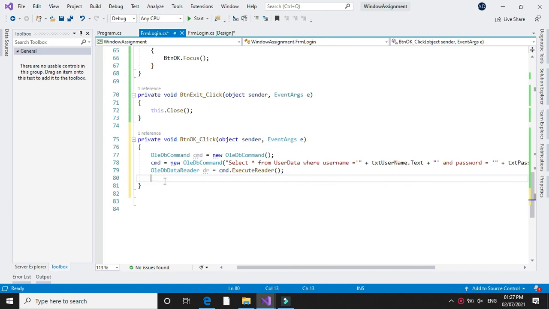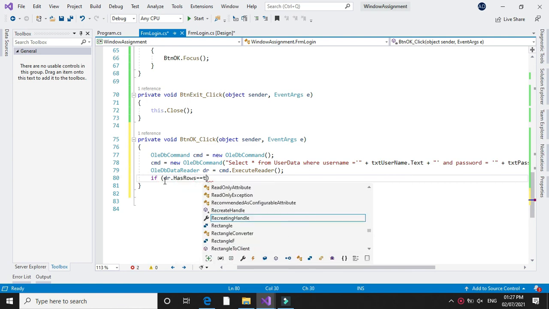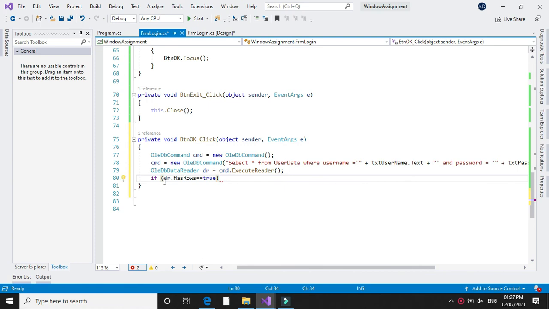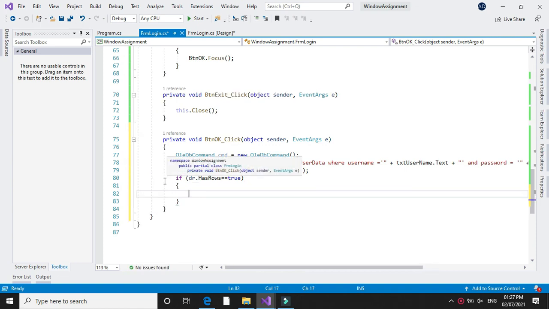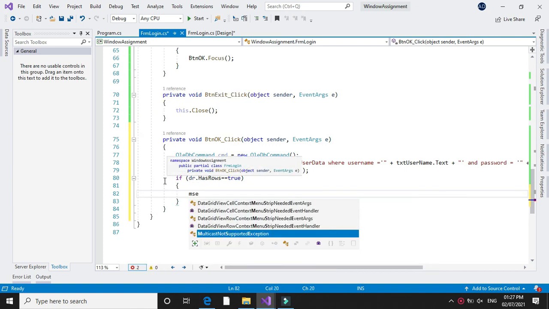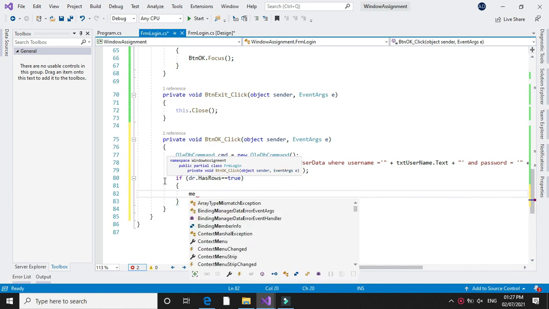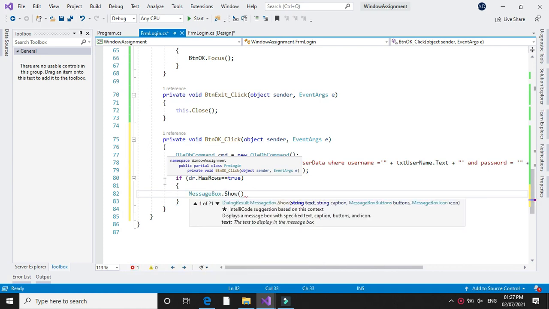To check this, we will use the data reader methods. If dr.HasRows equal to true, that is, if there are rows available in dr, we will give the message box login correct.